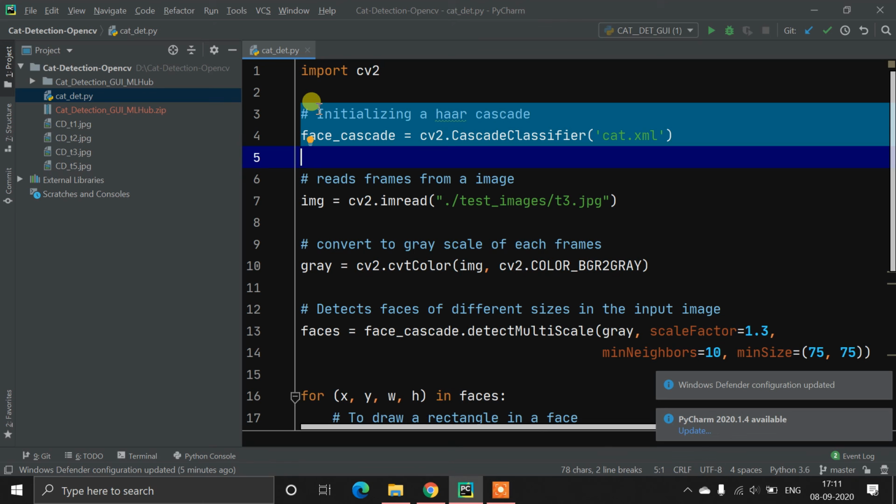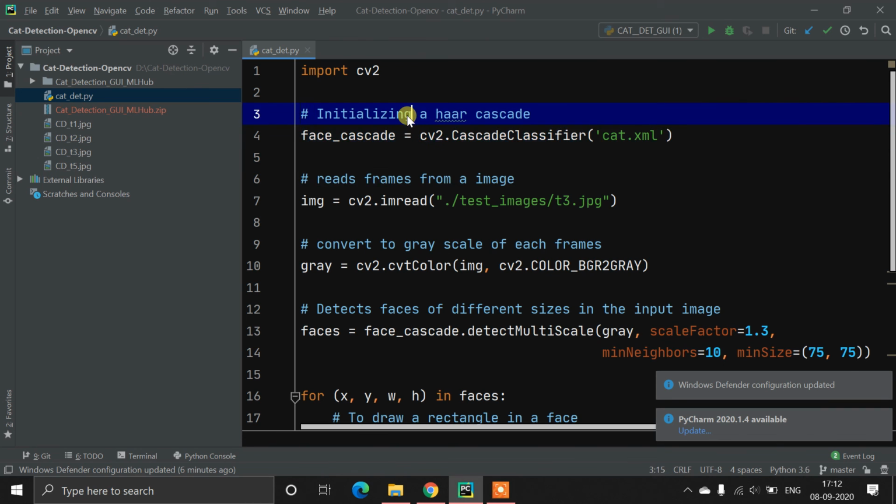Like if you want to create a bottle detector, like a water bottle, then what you need to do is have 1,000 plus water bottle images, and then do some procedure, and in the outcome it will generate one XML file, which is called a Haar cascade XML file. So what does it contain? It contains the Haar features. Haar features simply mean the machine can automatically recognize the same object which is available in the training images. So that's how a Haar cascade is made.